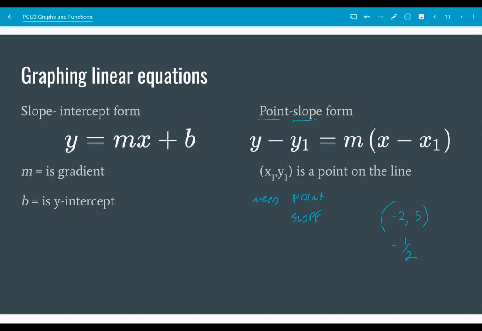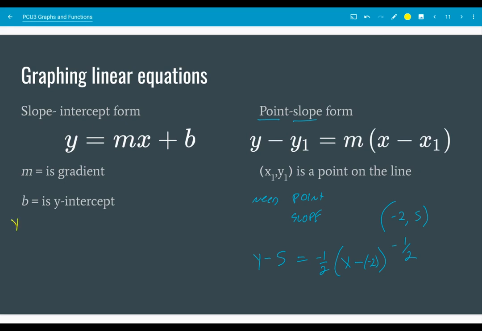1/2. So I could write that equation as y minus 5 equals my slope, negative 1/2, x minus negative 2. Simplify the negatives, but that right there is a perfectly acceptable form of a linear equation because it gives you the point and the slope. Now, if you distribute and you clean this up,